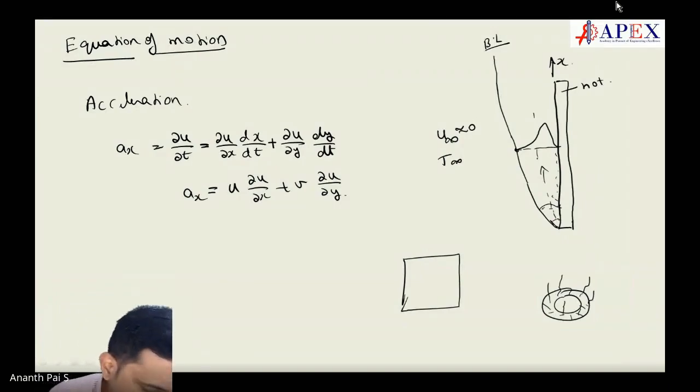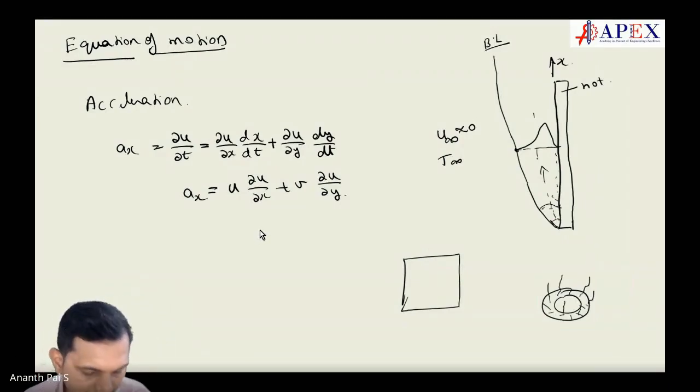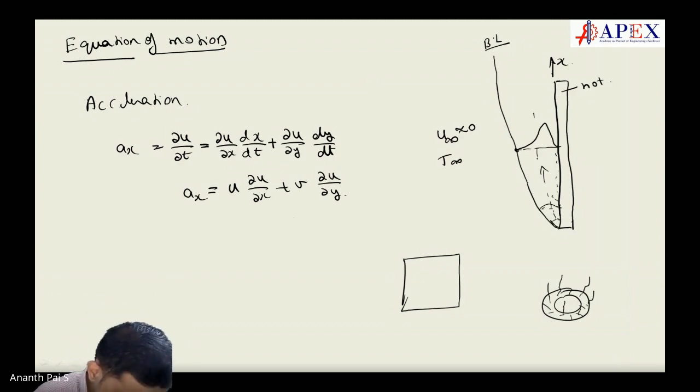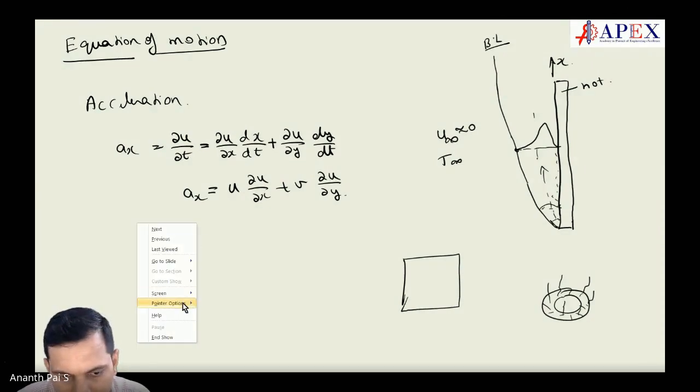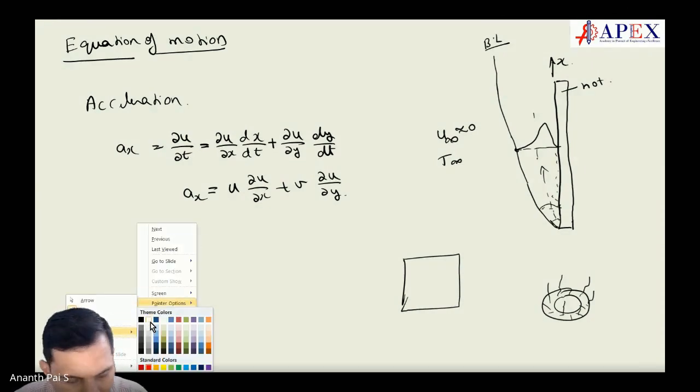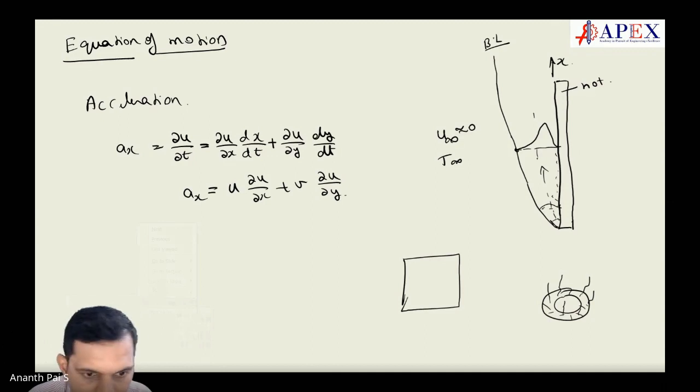u dou u by dou y. This is the acceleration which is there, is it not? So this is the acceleration of the body. So what is the acceleration depends on? Force, is it not? This acceleration, no doubt, but the force which is generated, the force is what? Force is equal to, so if you consider